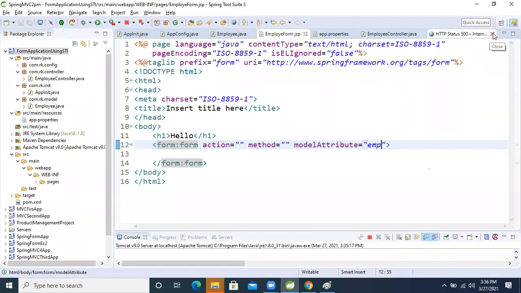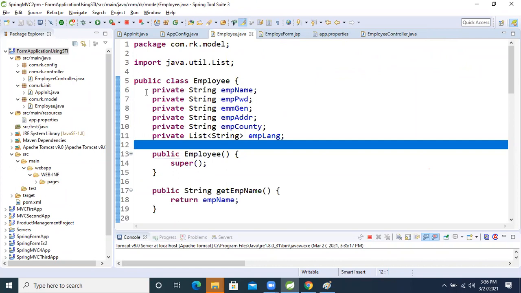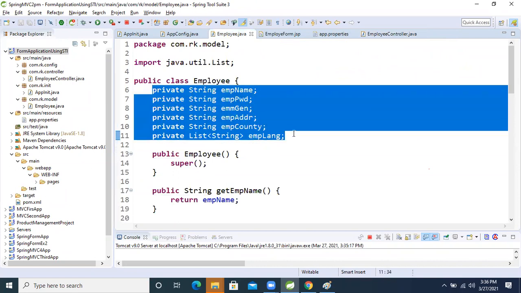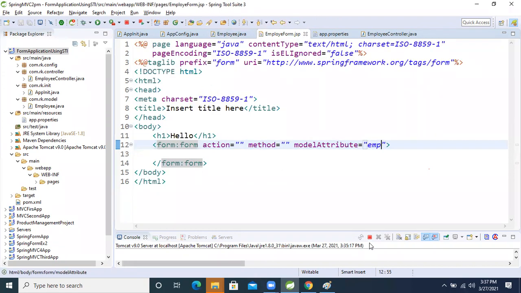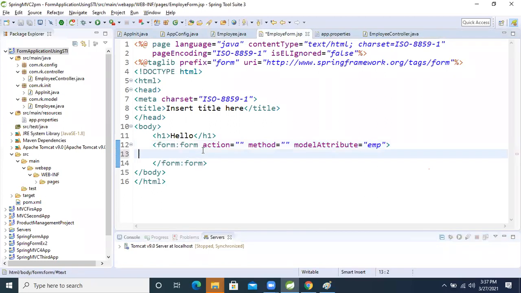So what are we doing now? We are sending the total employee object, but inside that employee object, there are attributes that we are not reading. Because of that we are getting the error. So we need to create all the attributes, because we are binding this model data with the UI, right? So let's bind that, then the error will resolve.